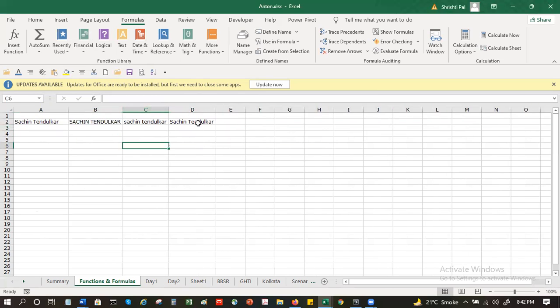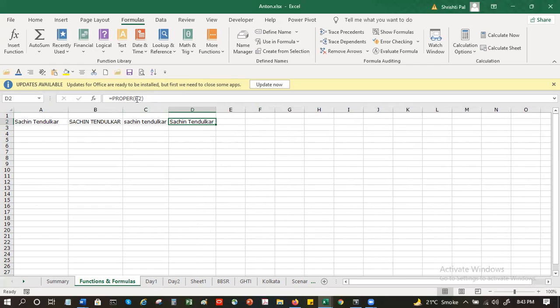So what did it do? This time I used a function within a function. By referring to B2, B2 in turn has another function. So you put a function of proper on a text box or a particular field, which is already a function of some other box, and it worked.